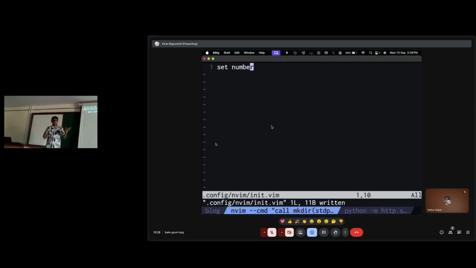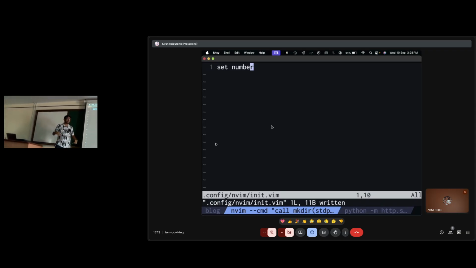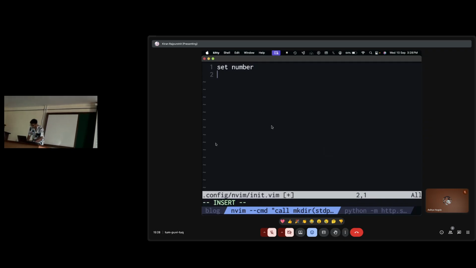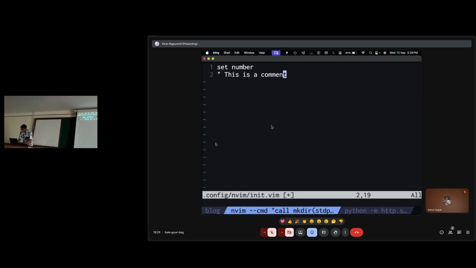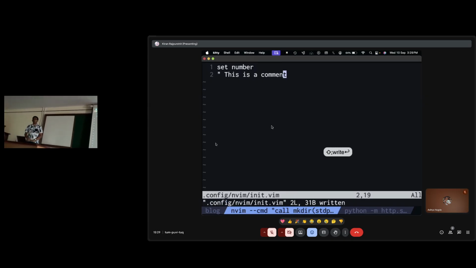You can set a lot of these options. This file is not just normal options, this is actually a programming language. It's called Vimscript, and it's incredibly simple. It has comments and everything. If you press o to go into insert mode and type a double quote, that's how you write comments in Vim. So this is a comment. Then colon w and enter.